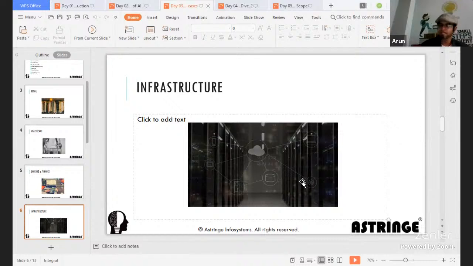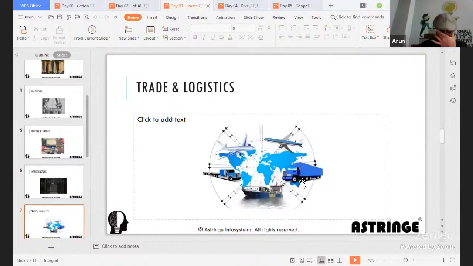Every time, business is dynamic, business scenarios will be dynamic. When business gets so dynamic, obviously an AI application will be helpful to be resilient in such scenarios. This is about infrastructure. Now, let's learn about trade and logistics.